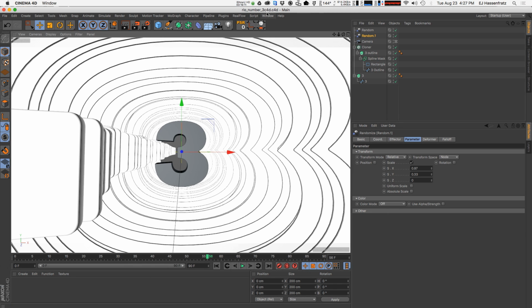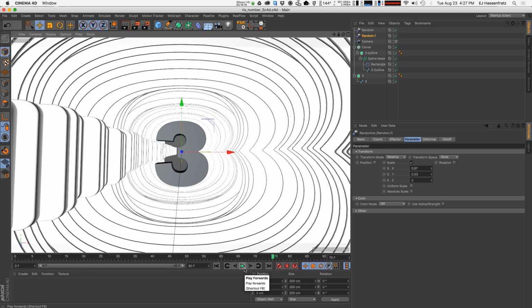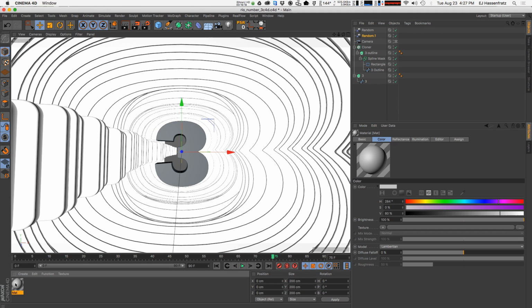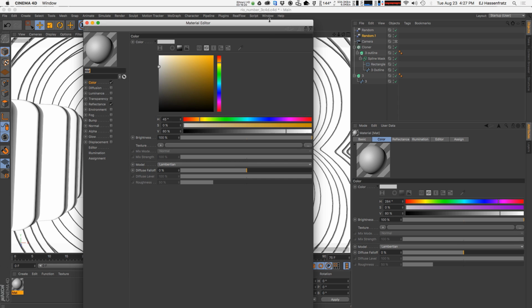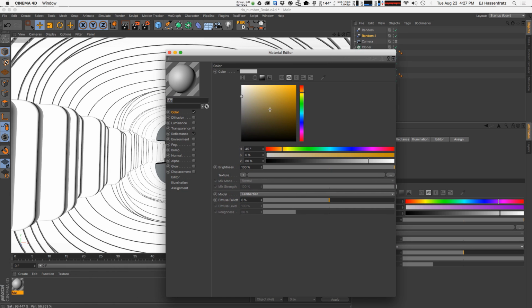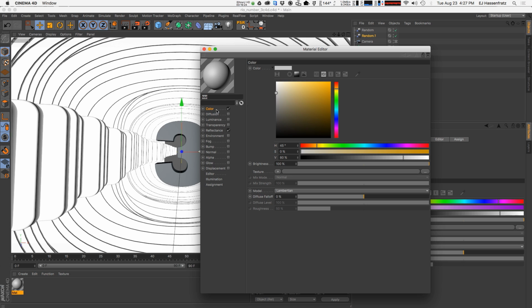And I had a C4D in there, whoops. So now we can start coloring this and texturing. And new to R17 is something that's very handy when trying to color a bunch of clones or just any kind of objects that you have a lot of and you want some variation added to it, and that is